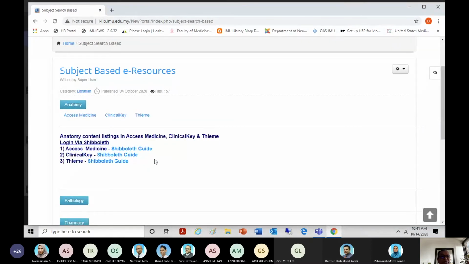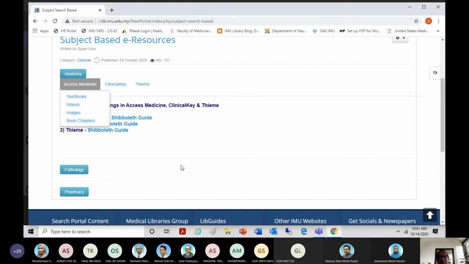So when you click the anatomy link, you find mainly three rows. One is Access Medicine, another is Clinical Key, another is Thieme. When you click Access Medicine, you can find not only textbooks, but also videos and images. But as today's session is mostly focused on semester one, we do not want to cloud your cognition with too much information.